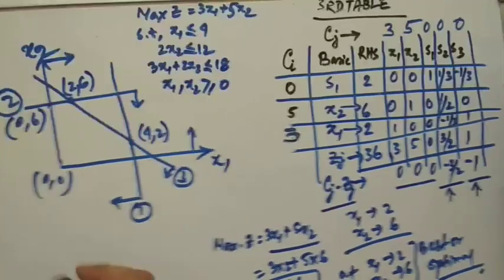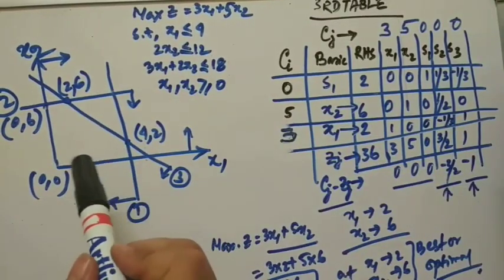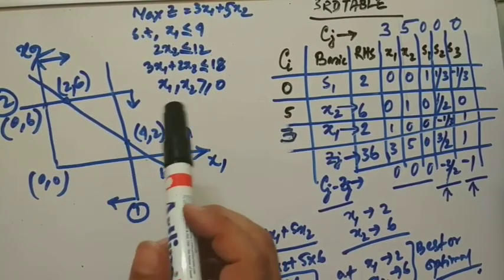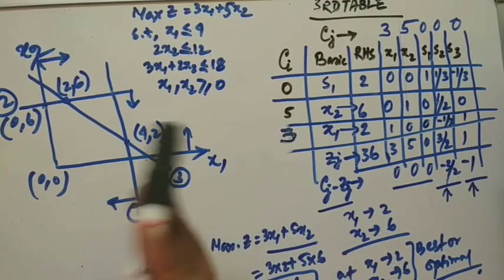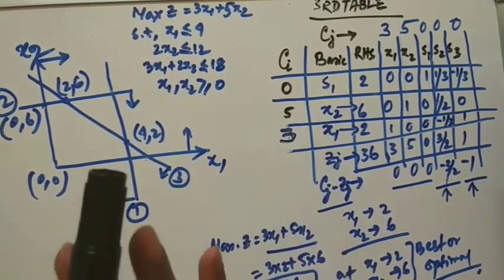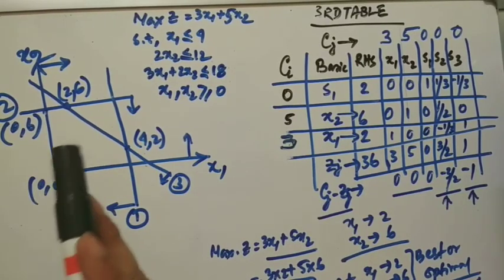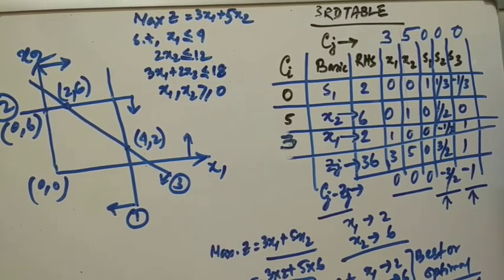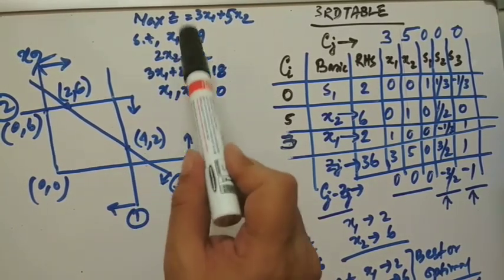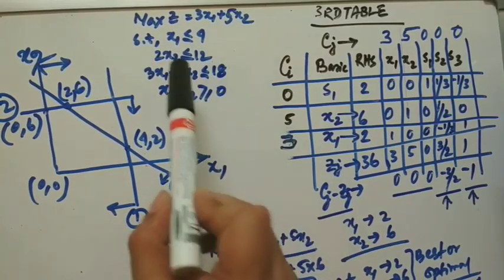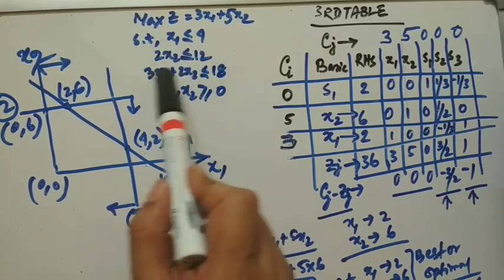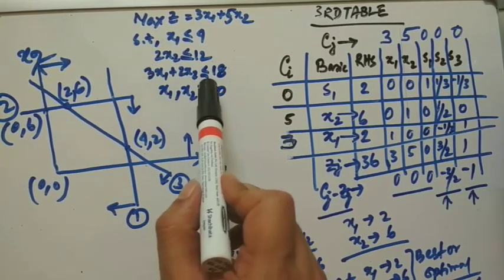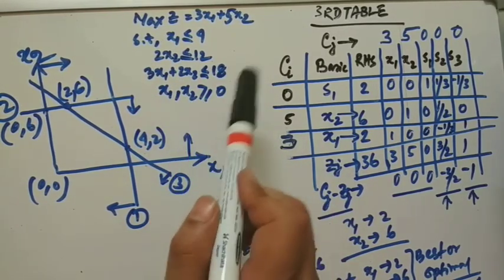Now previously, in the previous video on the graphical solution, we solved the LPP in a graphical way. Now let us compare this graphical method with the simplex one. You will have a better idea of what we were doing in simplex. In this particular problem, Z equals 3x1 plus 5x2, and these are the constraints: x1 less than or equal to 4, 2x2 less than or equal to 12, 3x1 plus 2x2 less than or equal to 18, x1, x2 greater than or equal to 0.